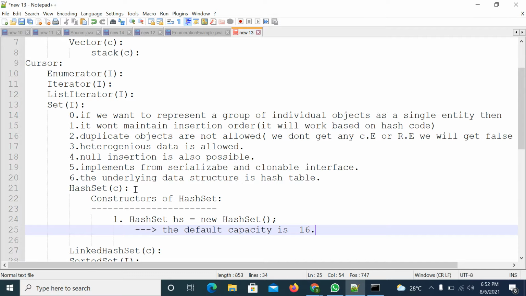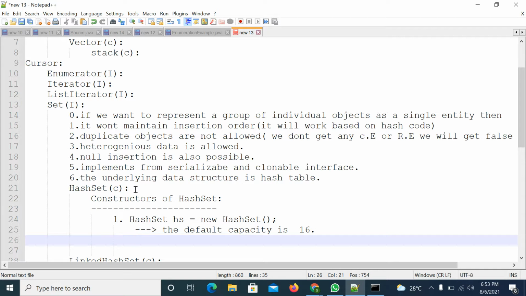Once the default capacity is reached, the fill ratio, that means the increasing level, will be 0.75.